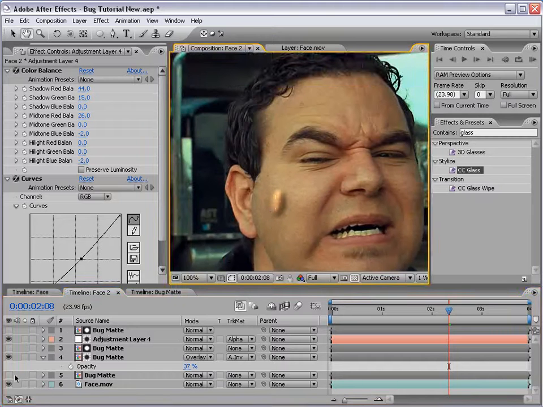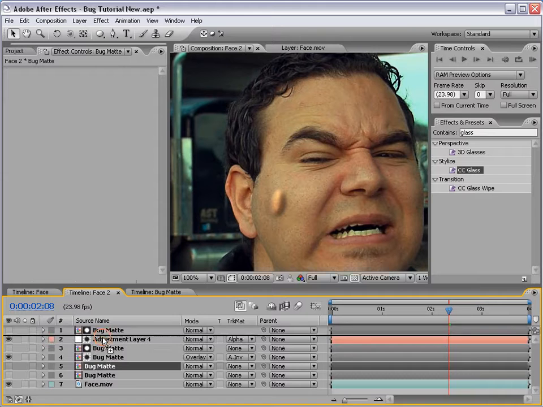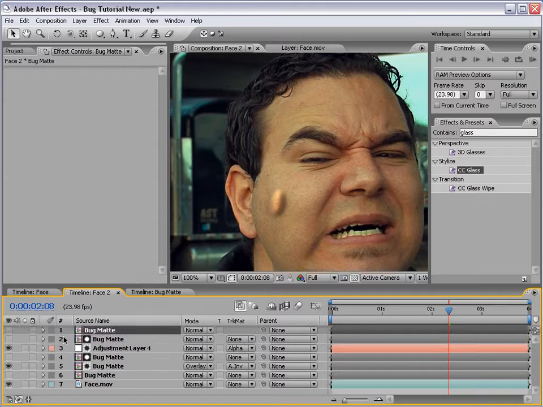Okay, so we're making some progress, and the next step is to make it seem like the displacement is pushing the bump over to the left, because his face is not square towards the camera. So as much as this is a two-dimensional effect, we want to cheat it so that the bump protrudes out that way. So to do this is a little trickier, and I'm going to duplicate the matte,